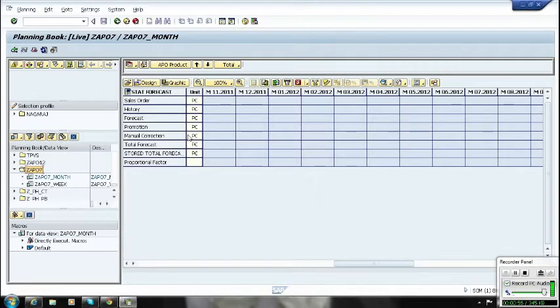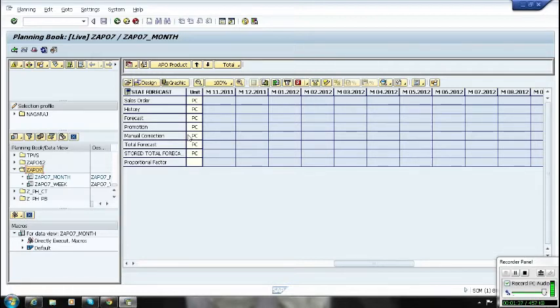And basically, how can we decide how many planning books we need in the project? Again, it depends upon the business situation. Some projects decide based on the planning activities. Say for example, we saw demand planning in the overview session, the typical cycle or business process. What activities are we doing in the first week? First task, we are maintaining the master data and the transaction data. For that, we can create one planning book.